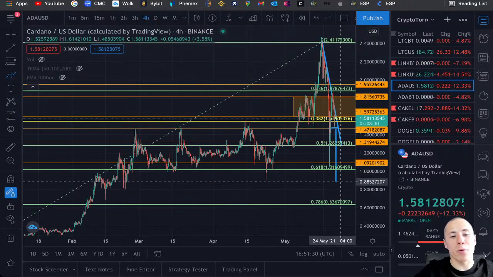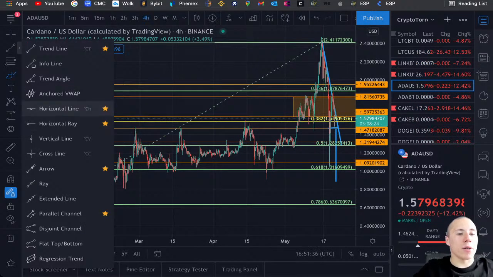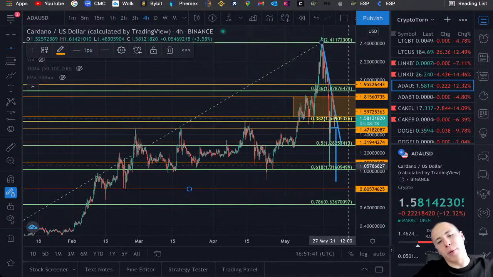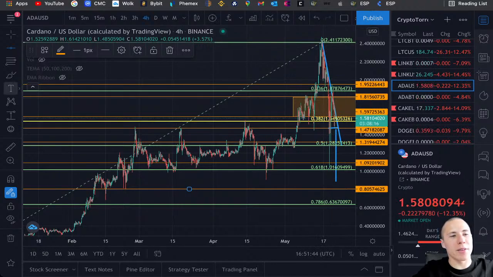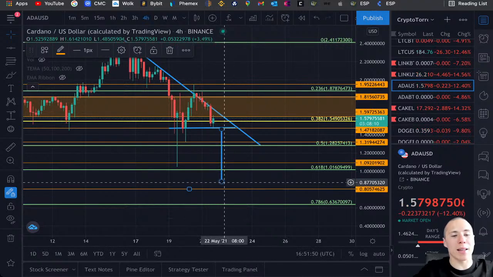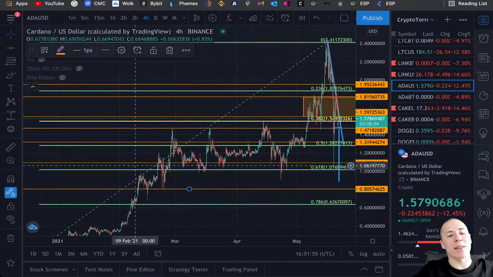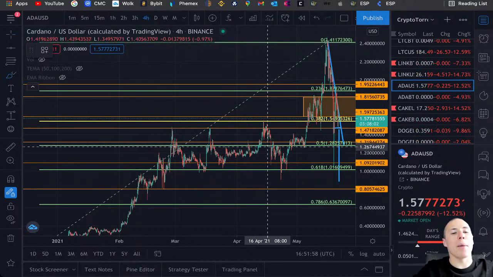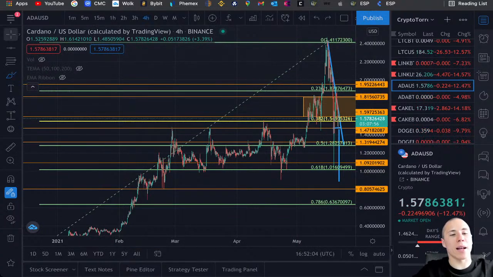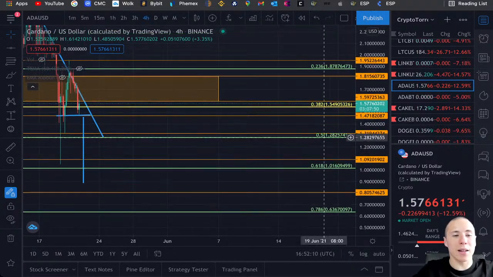And if we look at the level where we will be heading towards if we break out of the descending triangle, and what the descending triangle measurement is telling us, we will be trending at approximately 90 cents. If we go all the way back, right over there, we are not having that significant amount of data that is actually giving us that strength and that very important support over here. And that is personally why I think that we will be,